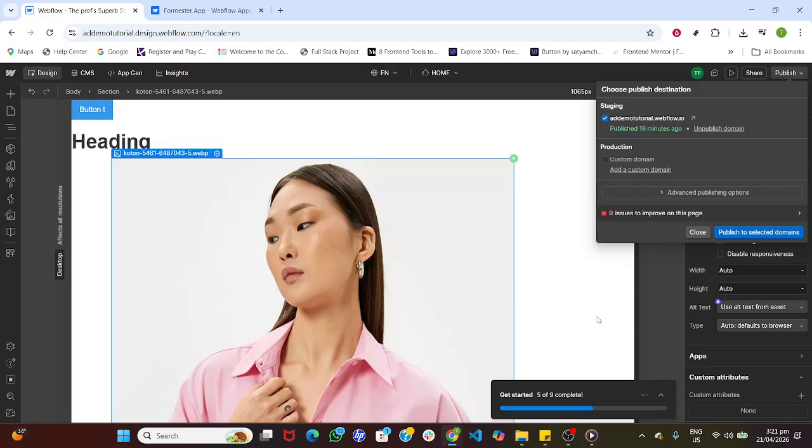Click Publish. Choose the domain or environment you use for testing and confirm. Once publishing completes, open your site on the published link and verify that the pop-up integration appears where expected. If anything looks off,